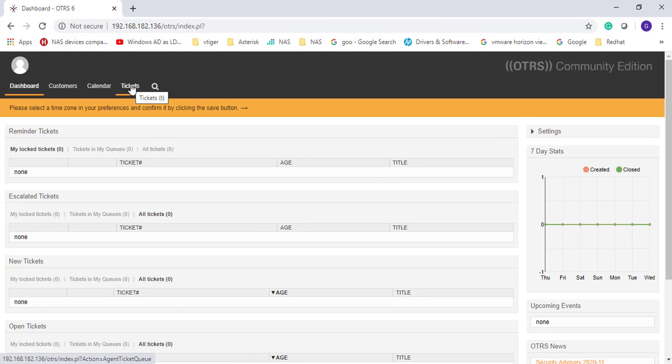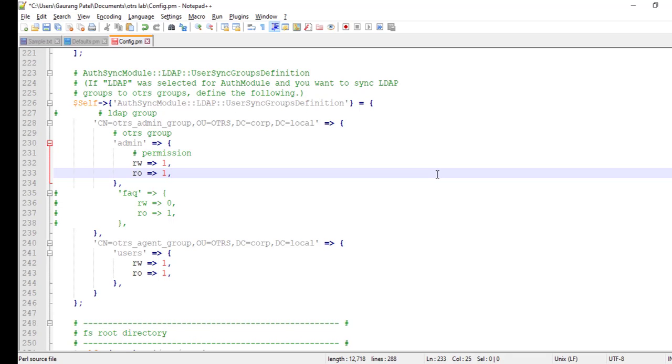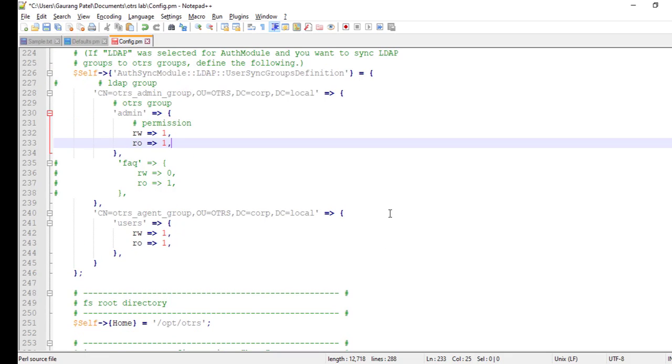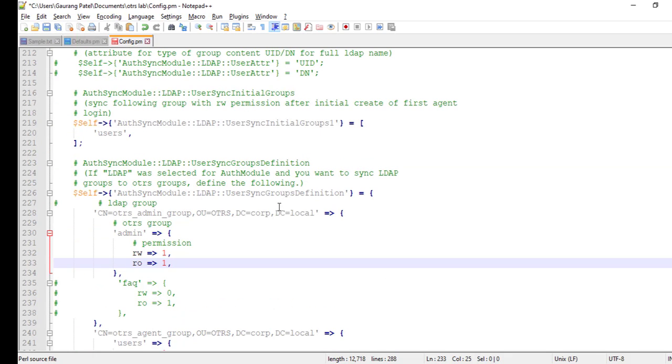Still it is not showing. The group is not synchronized and admin.bob is not getting admin permission. So let's check where we are missing.